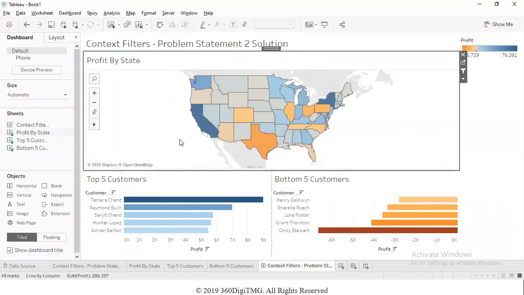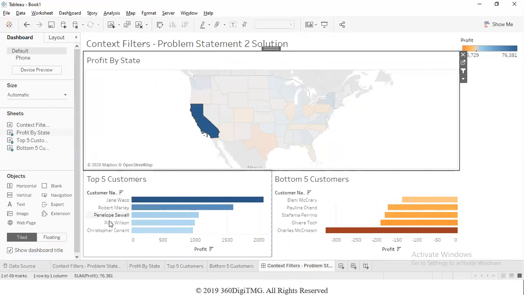So when no state in particular is selected, the top 5 filter will basically give us the top 5 customers for the entire business. Suppose I go and select a particular state now, you will notice how the top 5 customers list got refreshed, showing you the top 5 customers who belong to the state of California.